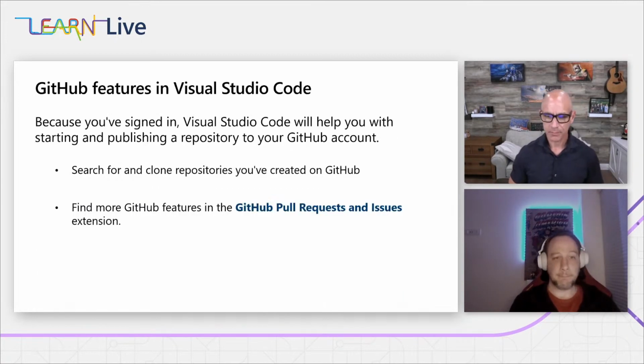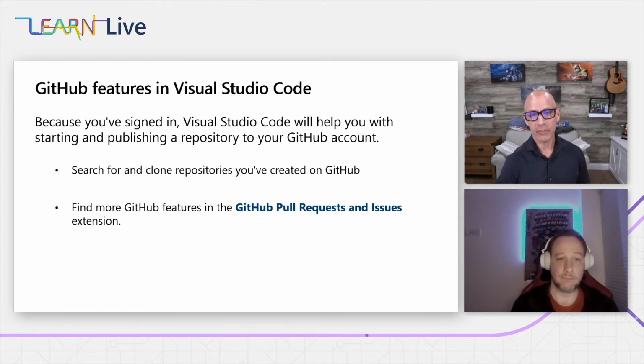I guess so, yeah. And then we're also going to talk about the features of the GitHub extension inside of VS Code. Now, what things can you do? Well, let's talk about the most common ones.